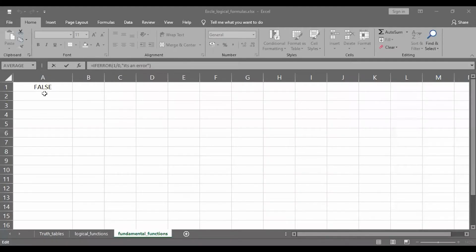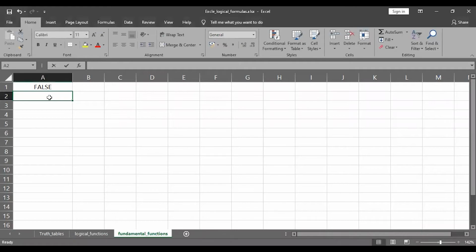Now, similar to the ISERROR function, we have one more function in Excel, which is called IFERROR. Let's have a look at the format of this IFERROR function. IFERROR returns value if error, if the expression is an error, and the value of the expression itself otherwise.